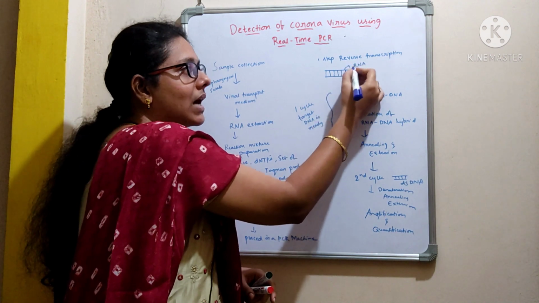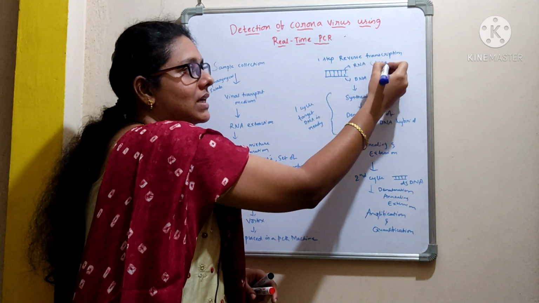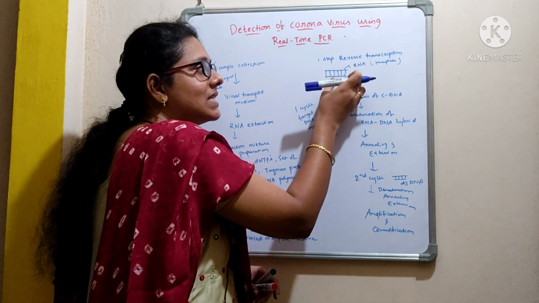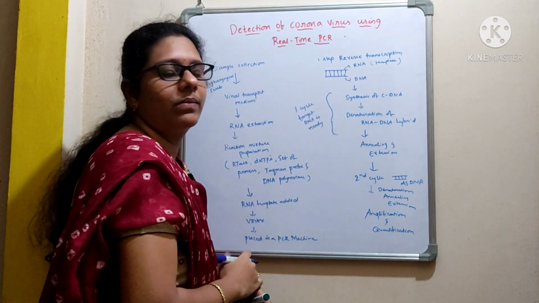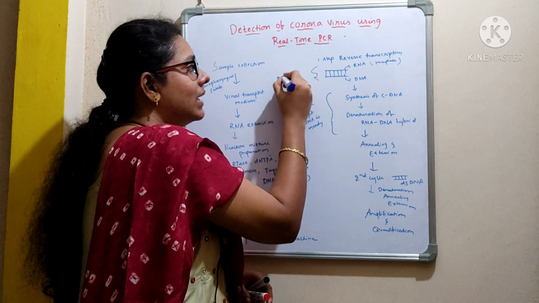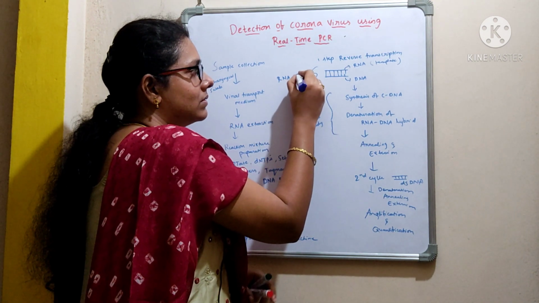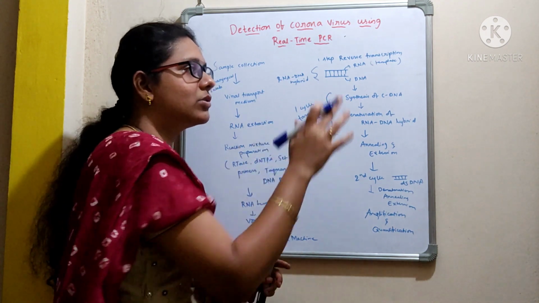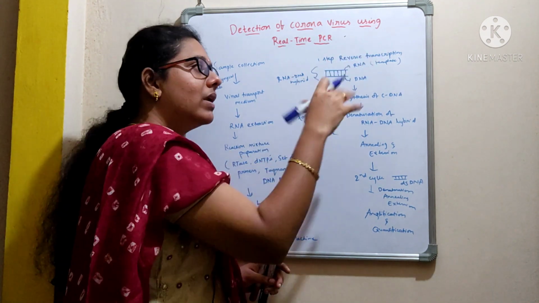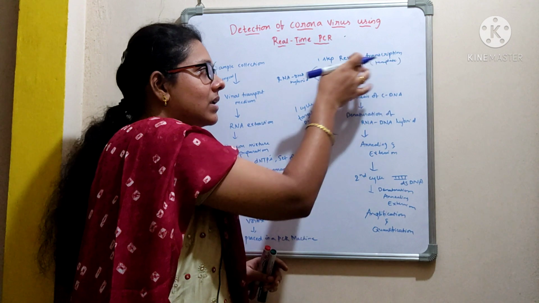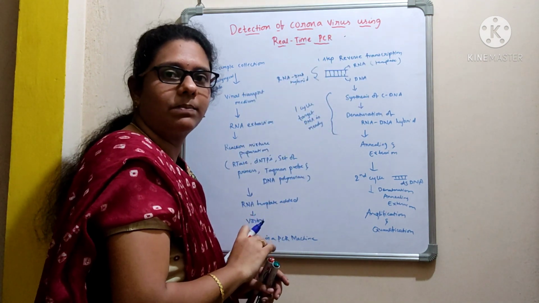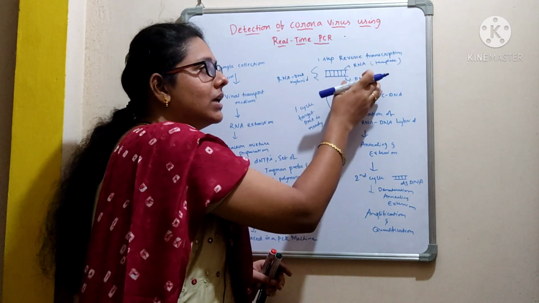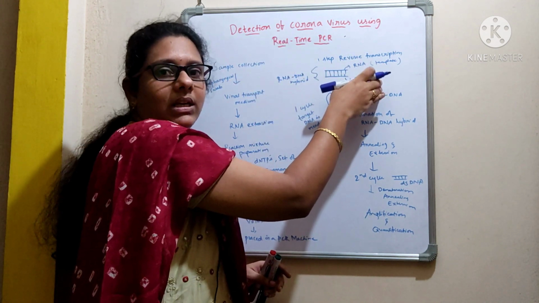So this is the RNA which will be utilized here as a template, and the enzyme reverse transcriptase will synthesize the cDNA. This is the RNA-DNA hybrid, and we don't need RNA anymore. Its role is over. We have already synthesized the DNA from the RNA with the help of the enzyme reverse transcriptase, right? And now we don't need RNA anymore. We need to synthesize another copy of the DNA.